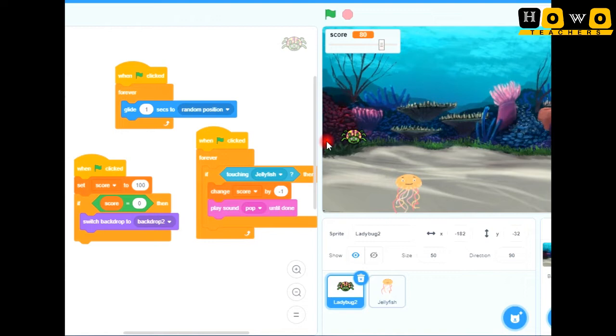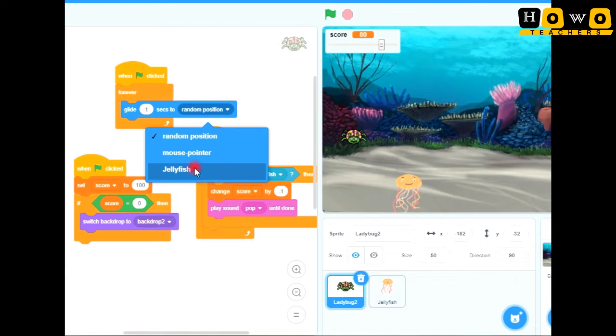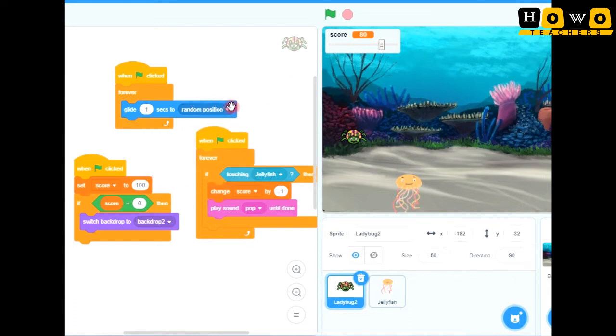As you have seen in the game, the ladybug was just swinging around everywhere, and it will glide 1 second to random positions. Here we have taken position. You can see that many position options are there. Mouse pointer option or jellyfish, other sprite option is also there. So we have taken the random position, means the position is not fixed.